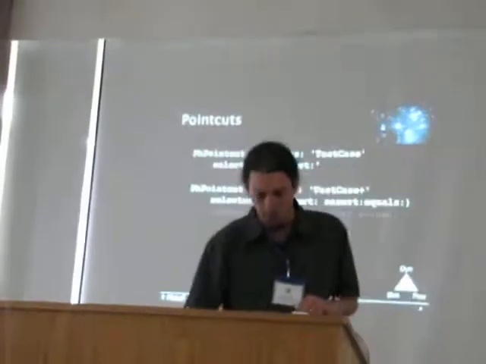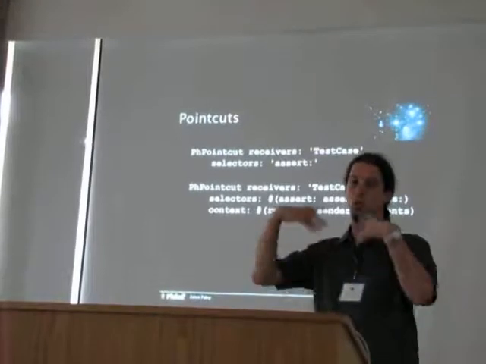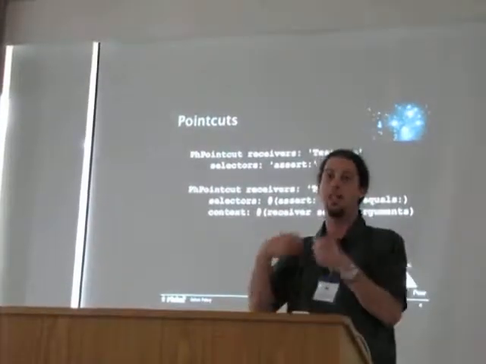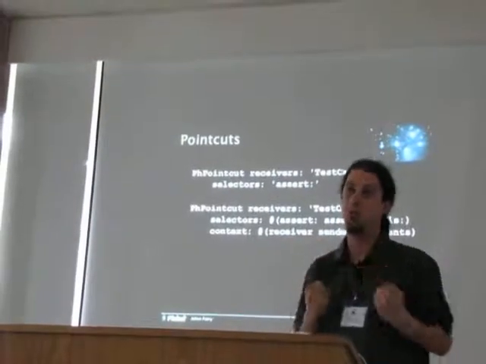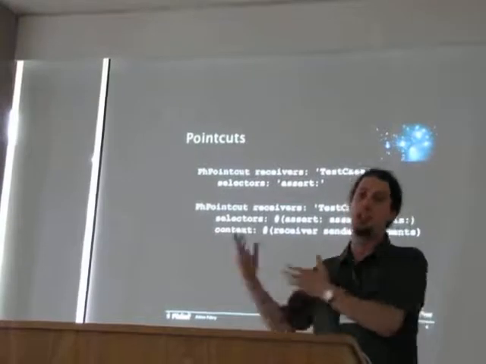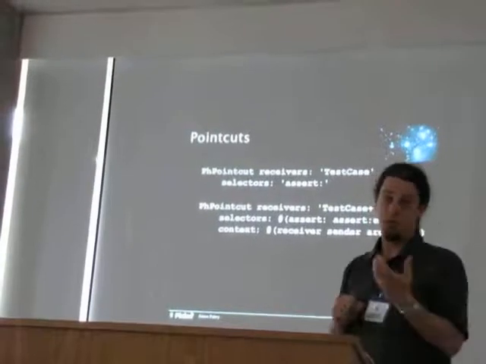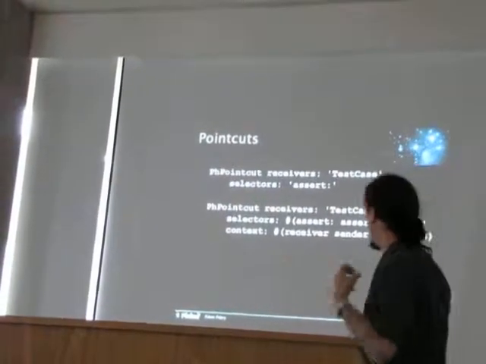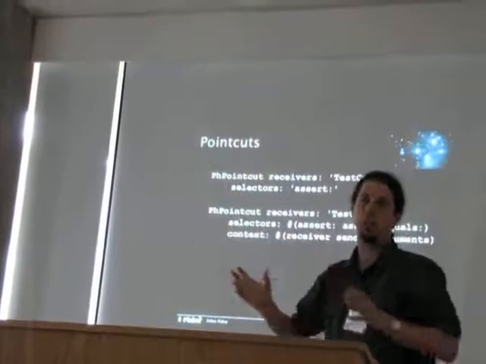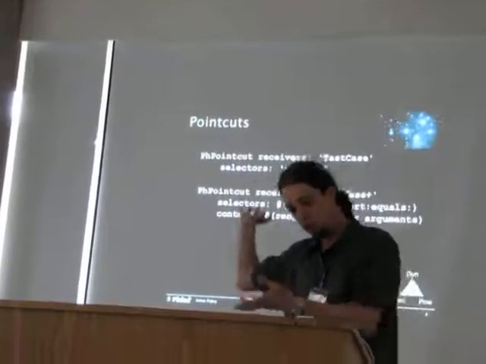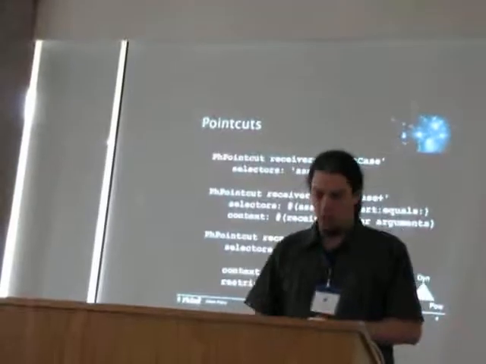Also what I can do is I can extract information, runtime information from the context. When this assert or assert equals is being executed, I extract context information. What context information that I want to extract, I need to specify it here. For example, I can find out which is the object, which is the receiver. I can extract the object, which is the sender, and I can extract the list of arguments. There are more stuff that we can extract from the context. It's in the paper. I'm not going to enumerate it here because it's boring. All right. Last one.